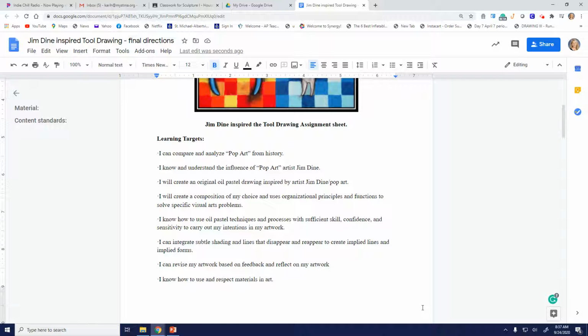So, our learning targets are: I can compare and analyze pop art from history. I know and understand the influence of pop art artist Jim Dine. I will create an original pastel drawing inspired by artist Jim Dine, pop art. I will create a composition of my choice and use organizational principles and functions to solve specific visual arts problems. That's basically just telling us that we are going to use the elements and principles of design to help